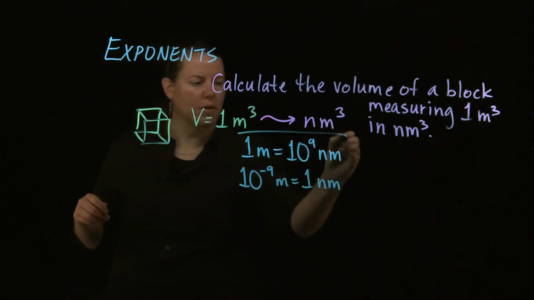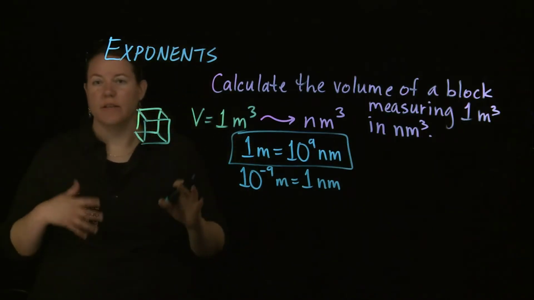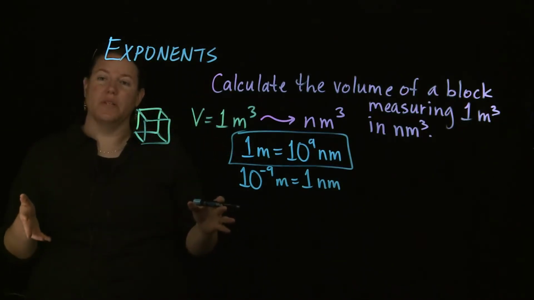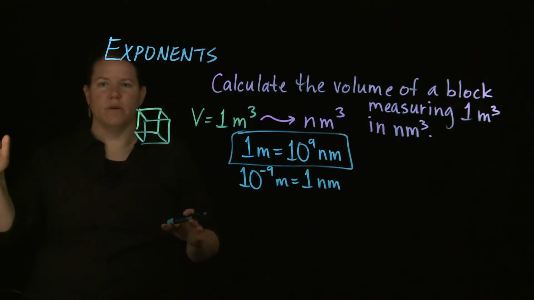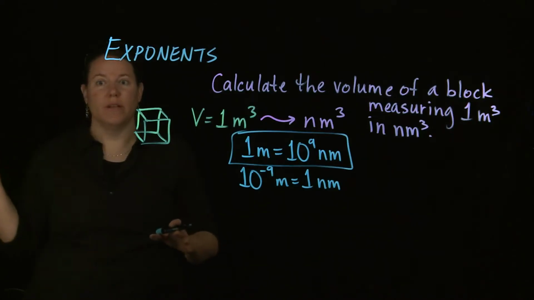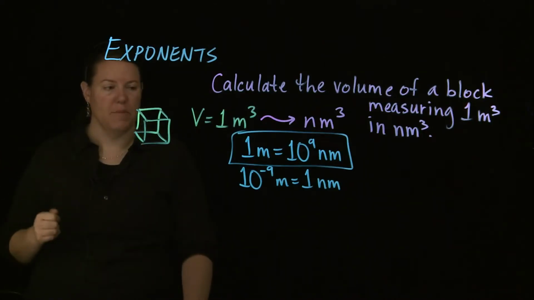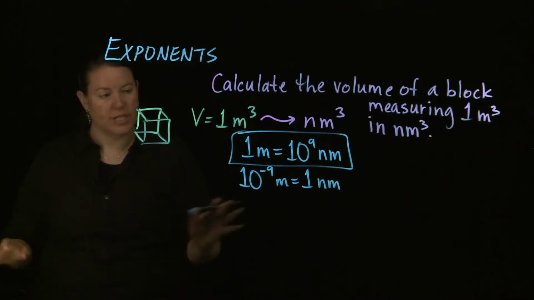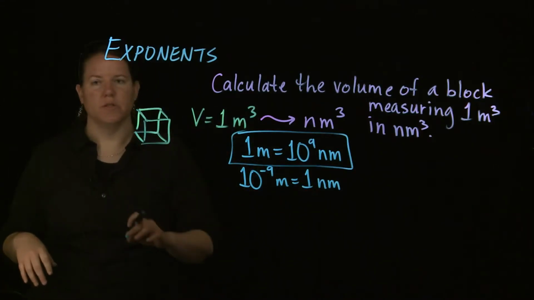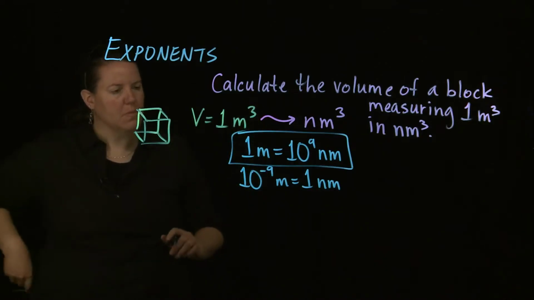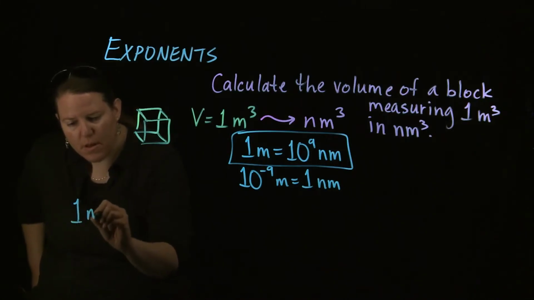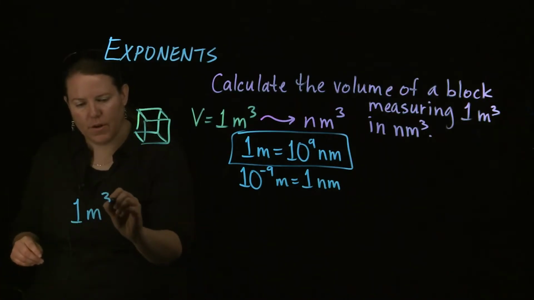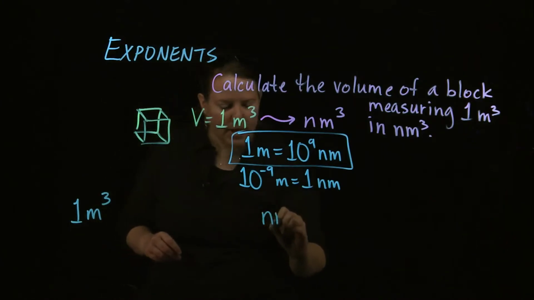I tend to use something along the lines of the things we learned at some point. We learned that there were 100 centimeters in a meter. We learned that there were 1,000 millimeters in a meter. We learned that there are 1,000 meters in a kilometer, so on and so forth. So just FYI, I tend to use that. I use the positive expression. Okay, so here, if I know it's 1 meter cubed, the volume of this block, and I know I want it in nanometers,